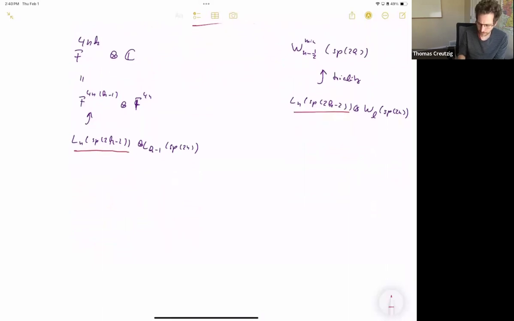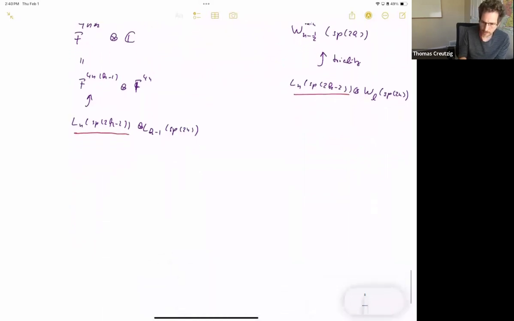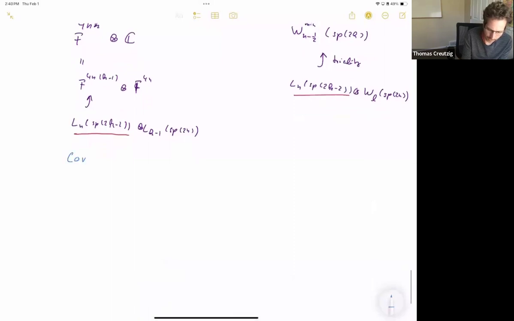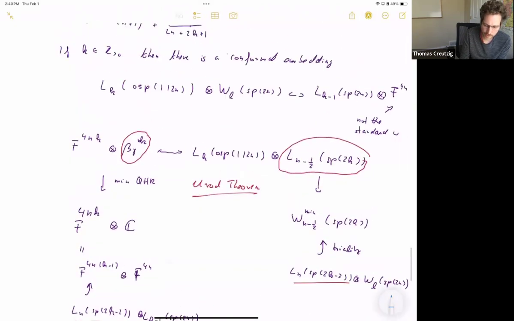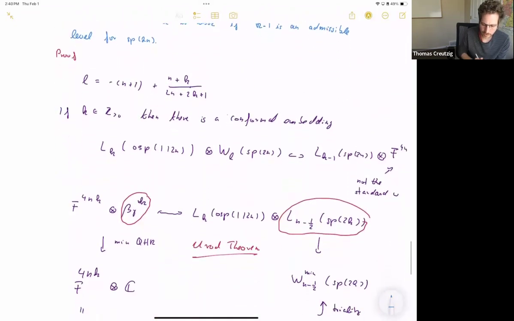But now you can think about it. Let me write this down as a corollary. The statement above holds as one parameter VOAs. So let's see what I mean by this and why this is true. By the statement, I mean the claim I write here, that we have this conformal embedding of the W algebra of SP2N and of the affine VOA of OSP1 to N inside the affine VOA of SP2N times 4n free fermions.